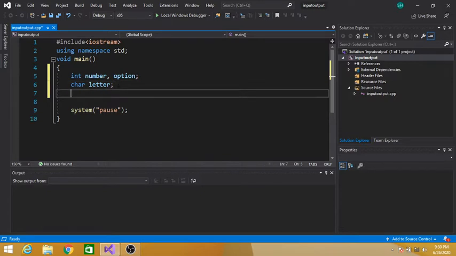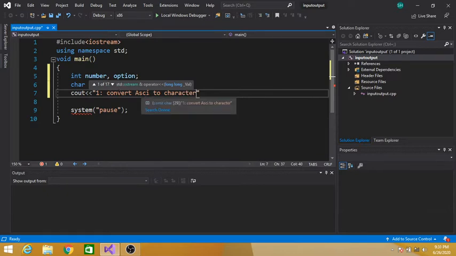So your first option says: convert ASCII value to character.